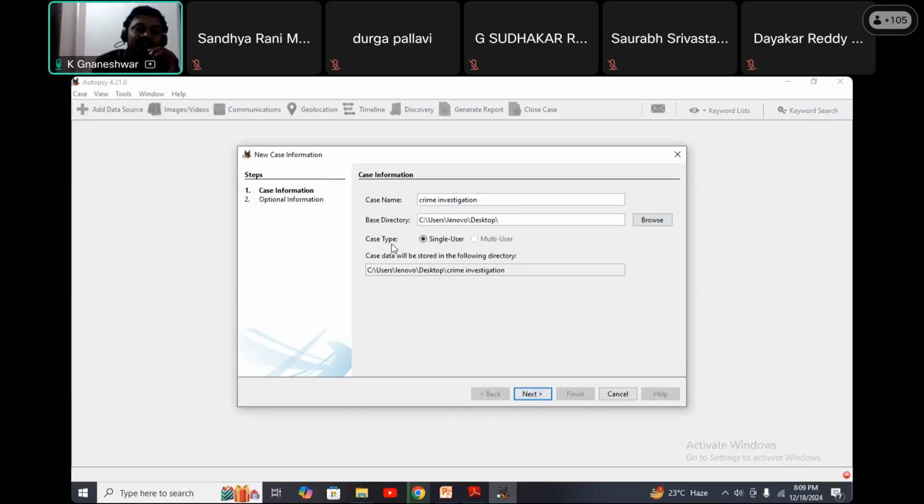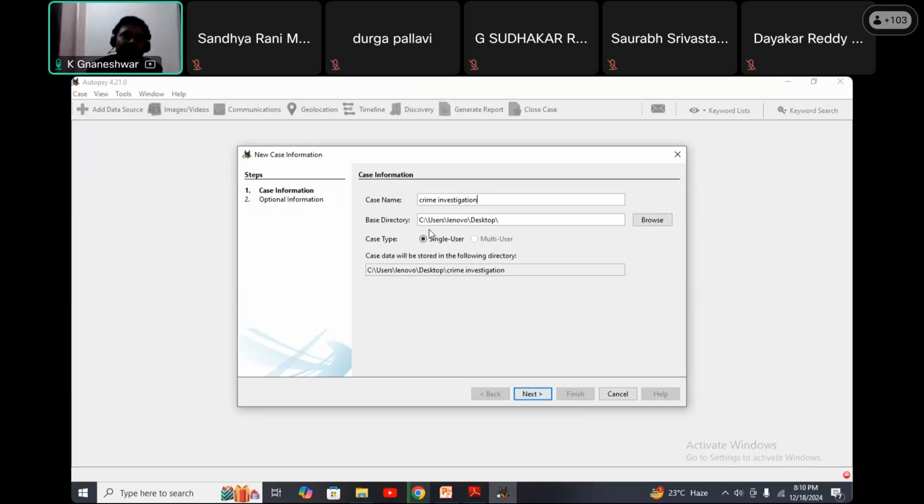Here case type: single user is there, multi-user is there. Multi-user means if a major crime has happened and 5 to 6 investigation officers are working on it, and they want to generate their own reports, in that situation they can use multi-user. But here I am investigating my own case. I am the only one person.